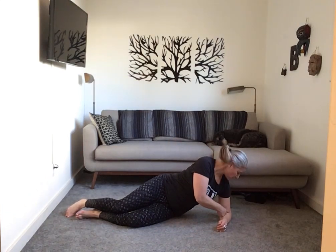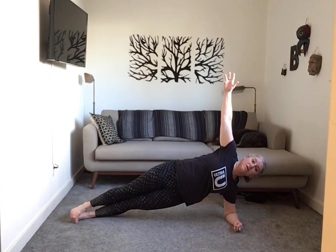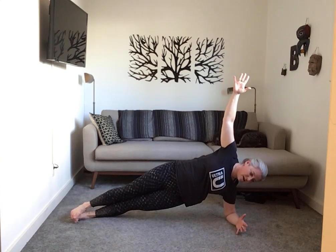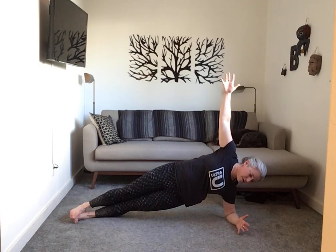So again, shoulder and elbow lined up. You want to make sure your hips are stacked, either in that knee or here we go, long legs. All right, you're on. This is a great time to be thinking about your goals, what they mean to you, what you're willing to do for them,